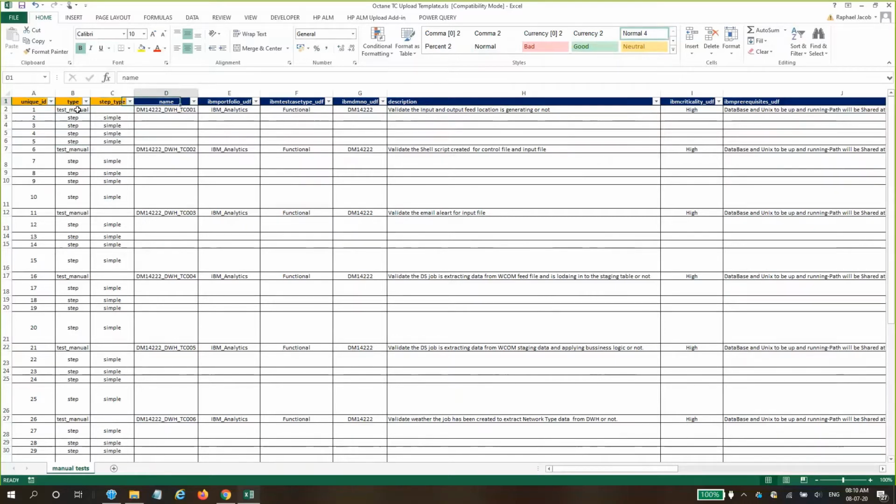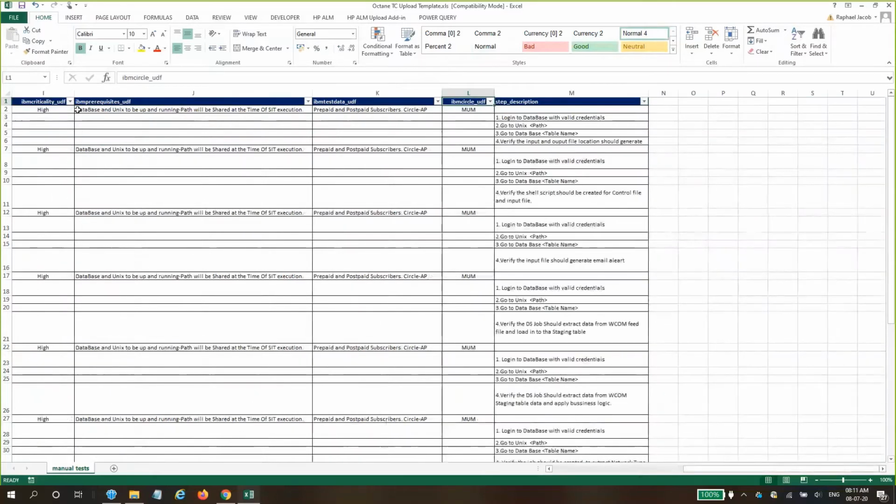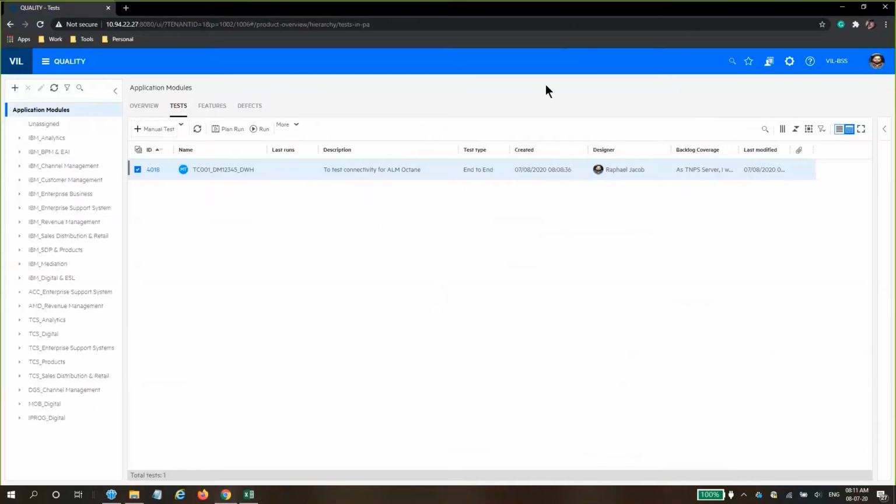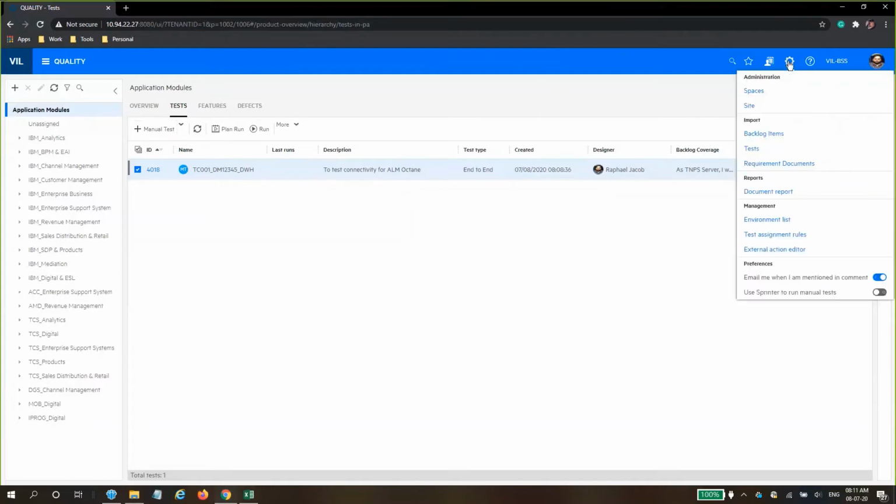Once we have these test cases filled in and written in Excel, they can be uploaded simply by using this front screen. If most of you have used ALM, we had a prerequisite where we needed to install plugins, etc. Here we can do it directly. No additional plugins are required. So we go to settings. We go to tests. This is the test import menu.